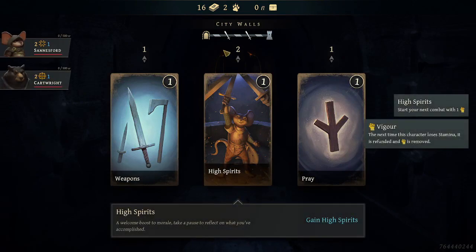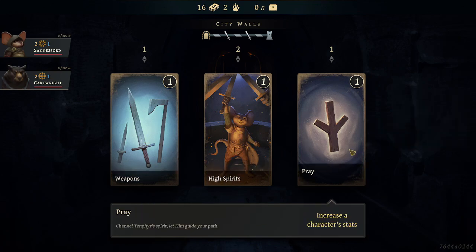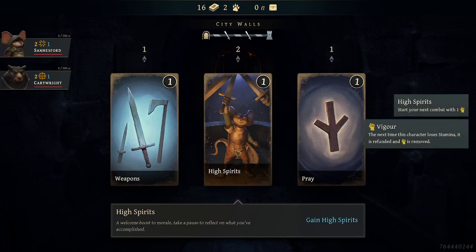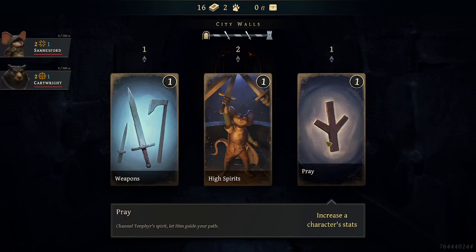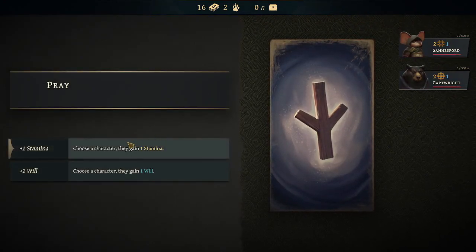So from there, I'm going to leave them where they're at in their combat positions, and we'll go into the lanes. So right out of the gate, we can actually get weapon cards, we can boost our spirits, or we can increase our character stats. Ooh, I want to do character stats. Let's do the character stats. I think we want to increase our...